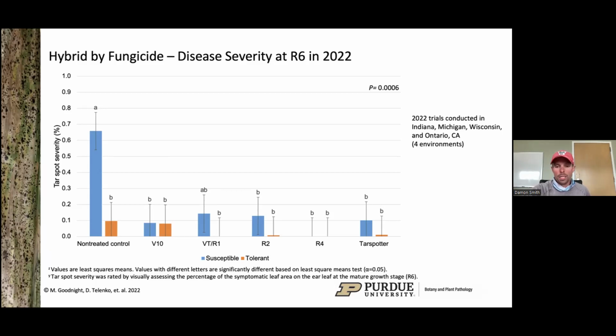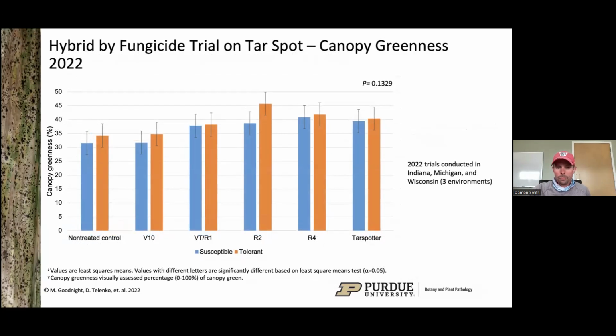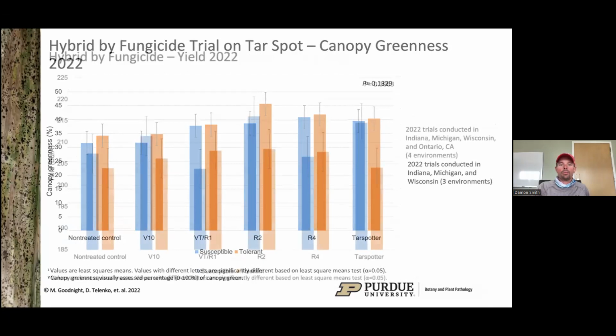If you have the ability to spray your own corn, that's different. You could really fine tune this, but just be aware, timely application is really important. You need to be on your toes in terms of making that decision early, especially because plane availability can be really, really an issue. Here's the canopy greenness scores. Again, the tolerant hybrids may be edging up just a little bit, and you can kind of see canopy greenness goes up, especially where we're in that VT to kind of early R4 time frame.